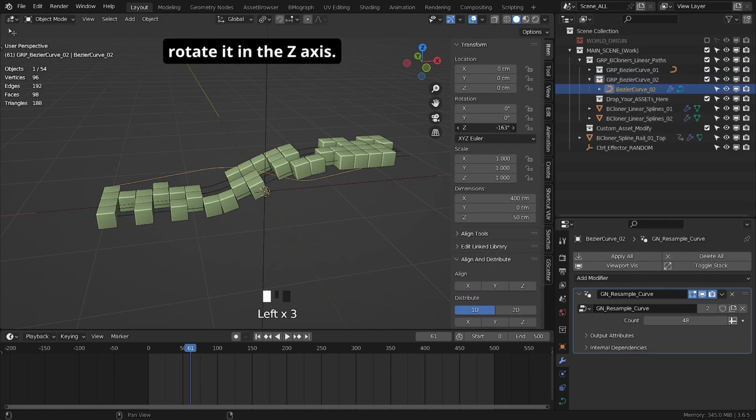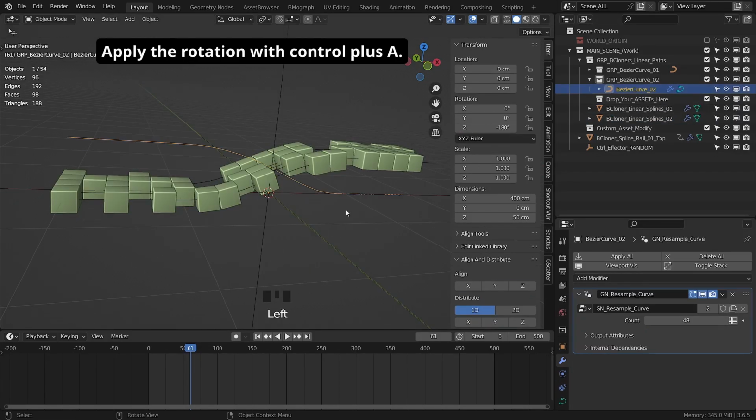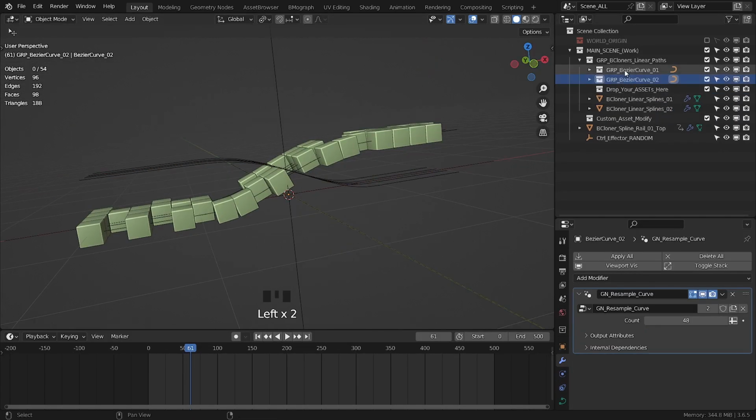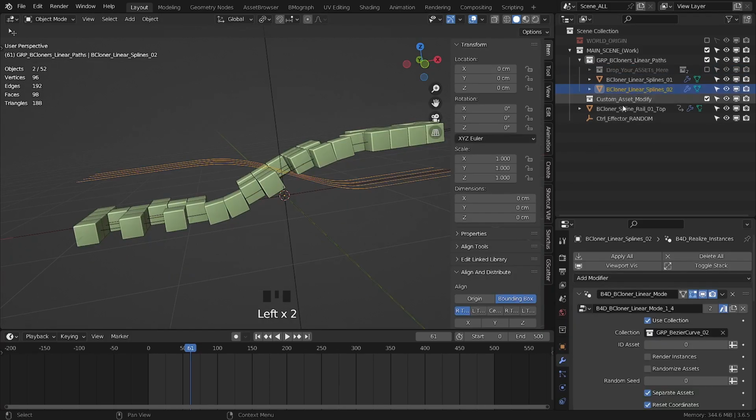Select the curve and rotate it in the z-axis. Apply the rotation with Ctrl+A. Organize the Bezier collections into one collection and hide it. Select